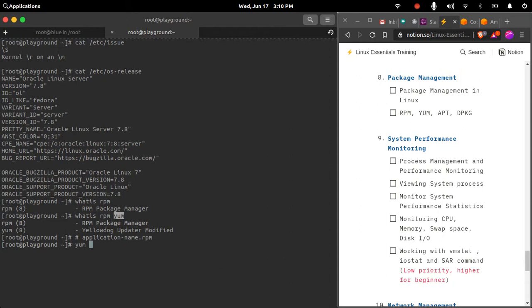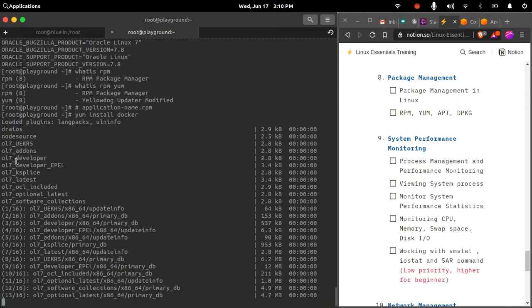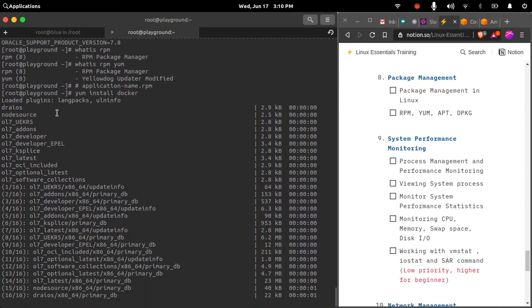So let us check installing a package. Let us install something like Docker. Docker is a containerization tool that is very popular in the market, and we are using Yum to install it. The command name is install, and this is the package name. If I hit enter, it will refresh the package list. These are the repositories that are available by default on the system.